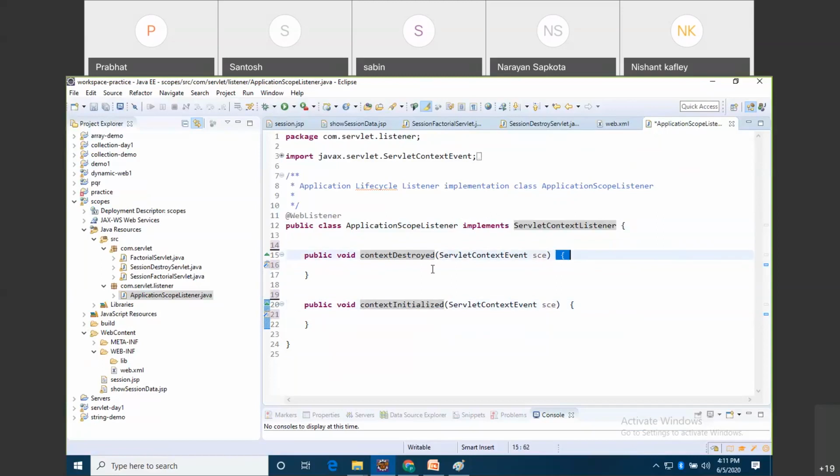So here I'm not doing anything in destroy. What I want to implement here is that at the time of deployment, whatever I write here is going to be done. At the time of deployment, I want to set data in application scope. So how will I get the application scope? Using this, Ctrl+C, Ctrl+V, dot what? I will get